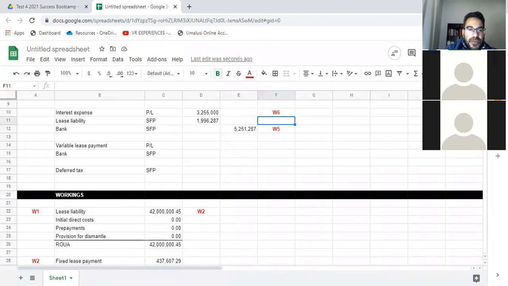The variable lease payment. Like I said, they probably made a mistake here, because they gave us the revenue for 2020. It should have been the revenue for 2019. If it is the revenue for 2020, then there's no journal entry, which does not make sense, because every year there is a journal entry, so they definitely made revenue, so there must be a variable lease payment. But the only revenue they gave us was June 2020, which doesn't make sense. I'm assuming it should have been June 2019.